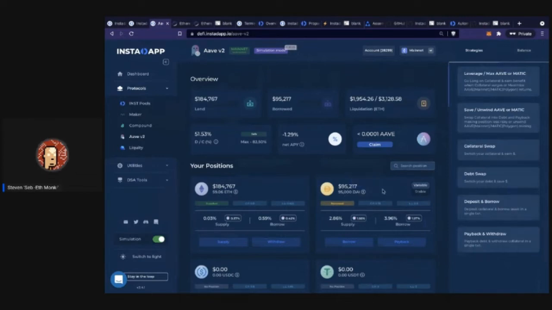So if the price of Ethereum had doubled, right, you'd have something like 3,600, almost 37. So you'd have $370,000 worth of value. And then you could unwind that position, or what we like to call it is save. So you could do essentially the reverse: take your Ethereum that's supplied, convert that back to DAI, and pay back your debt. And that would essentially accomplish a deleverage.